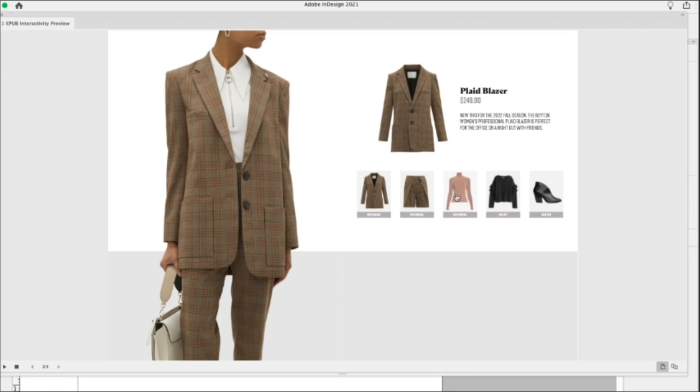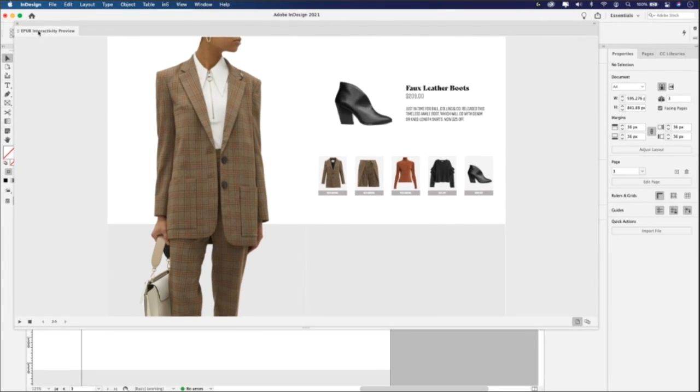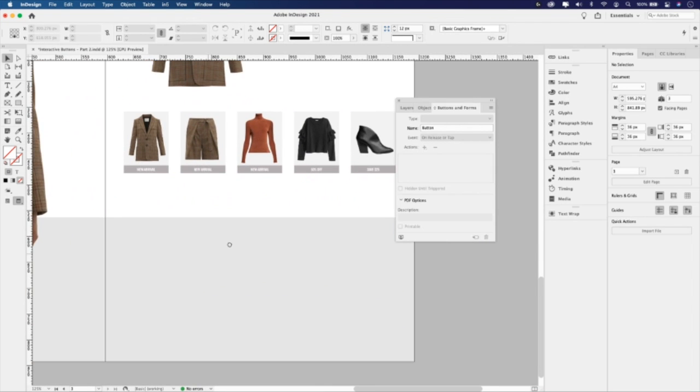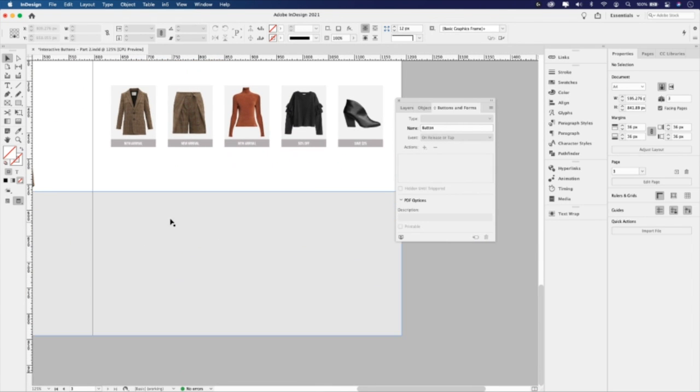So you can see if I hover over them, they all dim as I roll over. But I also click and you can see the description and the product name are both changing as I'm clicking on each one. Great, let's add another type of animation with buttons down below in this space here.